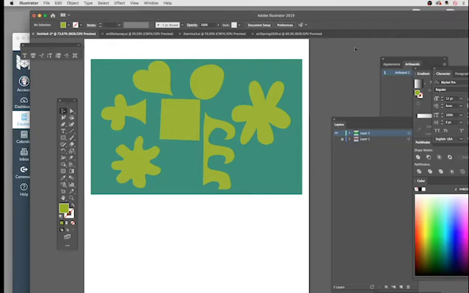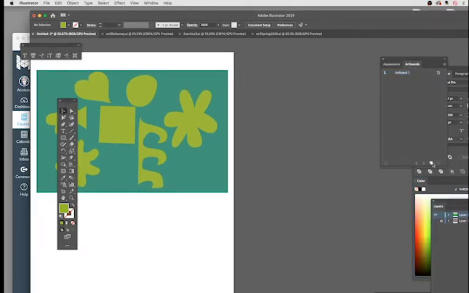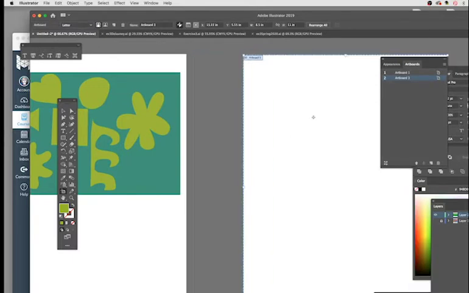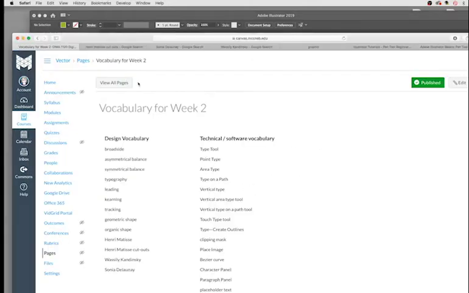Now to artboard 2. So we make a new artboard, and I always move it over a little bit. And what are we going to do? We're going to check out the design vocabulary. The three people at the very bottom, three artists, Matisse, Kandinsky, and Sonia Delaunay, are three early 20th century artists